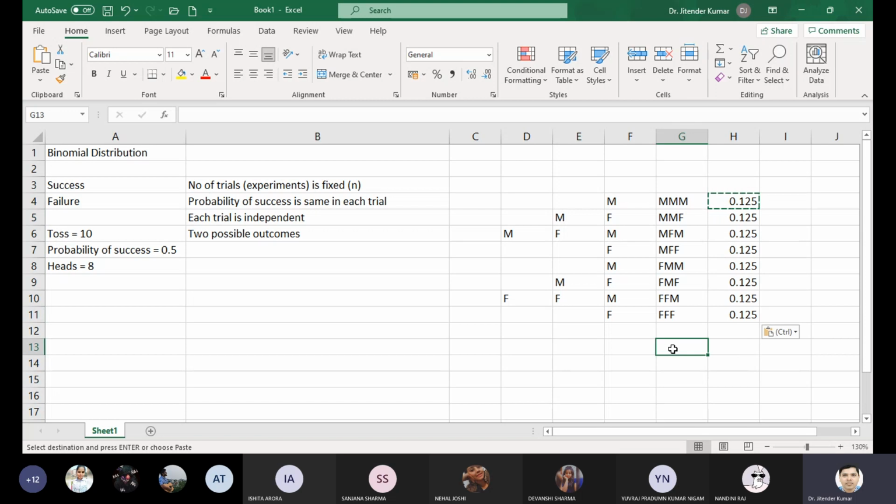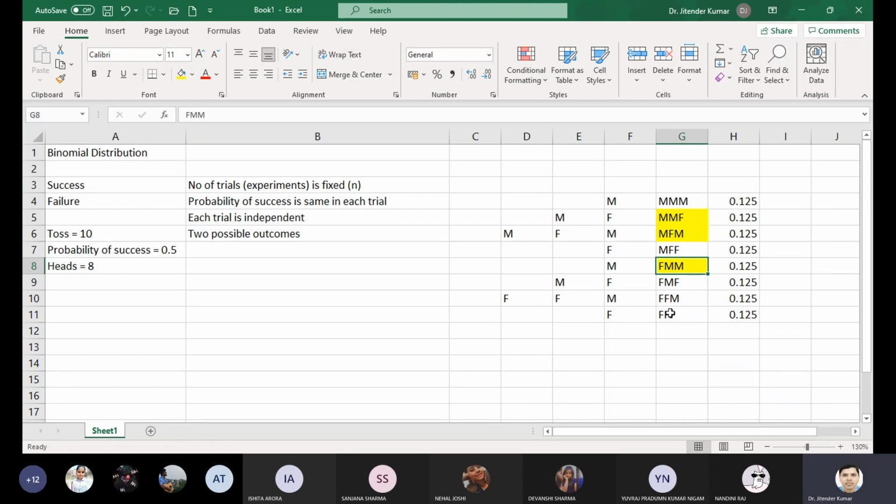Now the question is, what are the chances that there is only 1 female in the family? So 1 female किस combination में possible है? You see in this combination we have 1 female, this combination has 1 female, or this combination has 1 female,